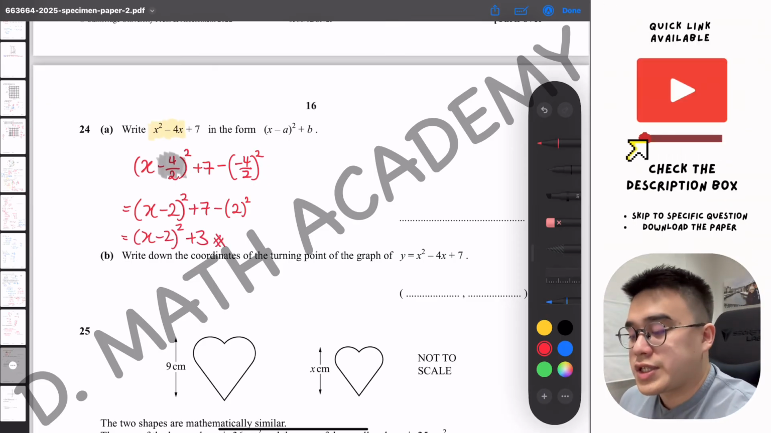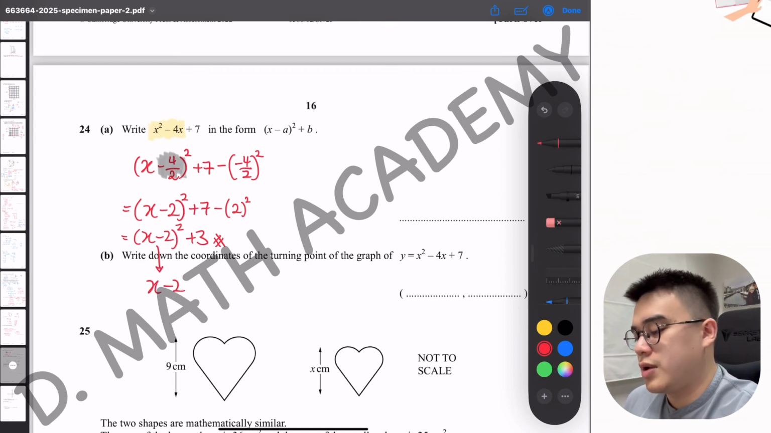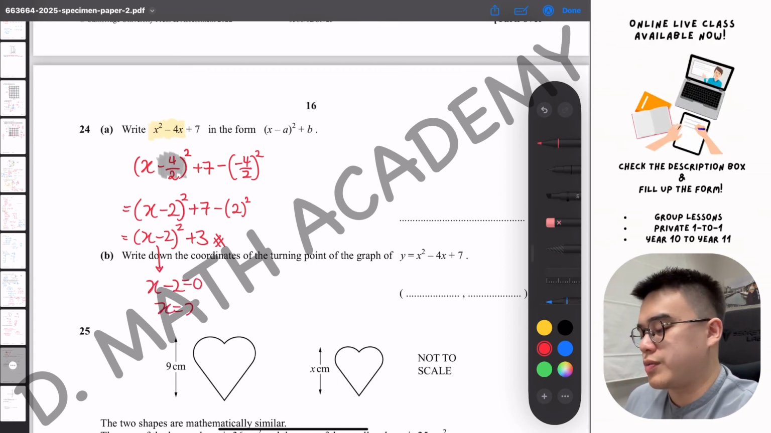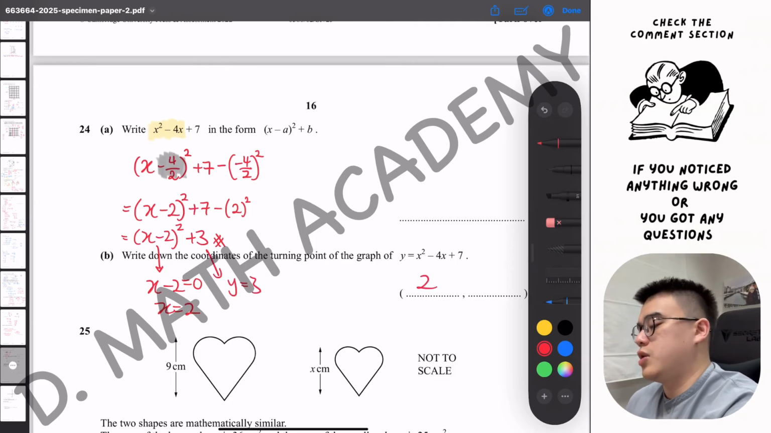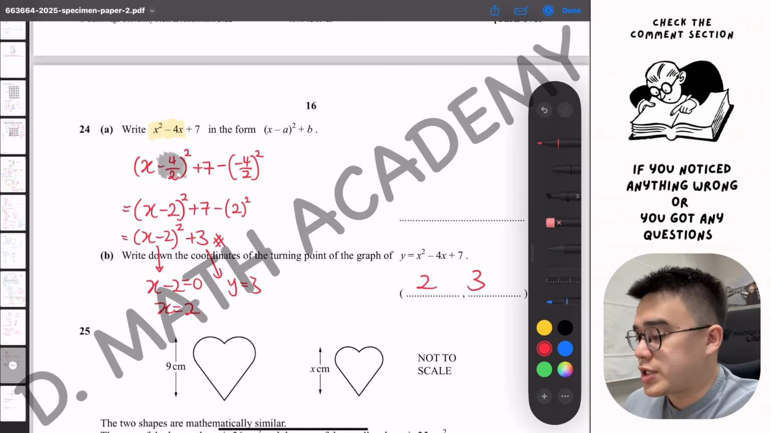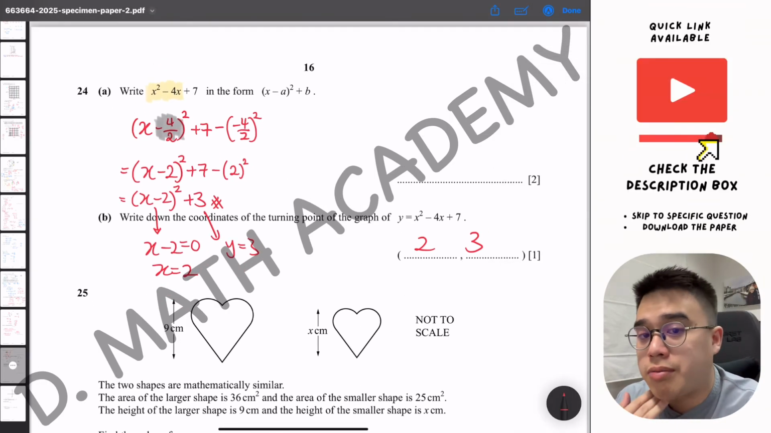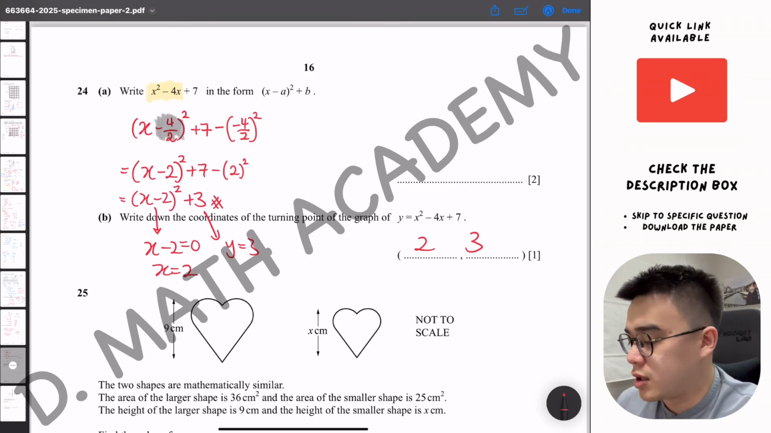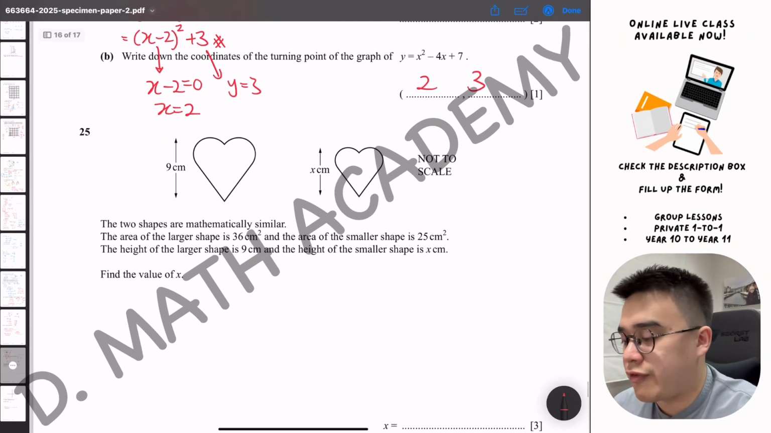The turning point in this case is just by having the brackets that we have earlier equated to 0. x will be 2, and the y will just be 3 immediately. So that's how you get the 2, 3. For question 24, you just need more practice, then this question can be solved easily. Moving on to question 25,